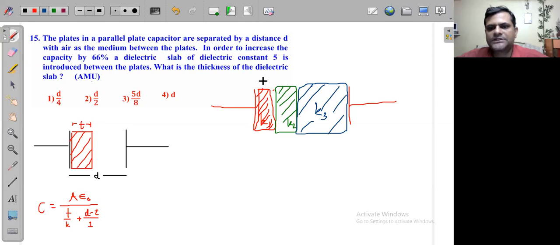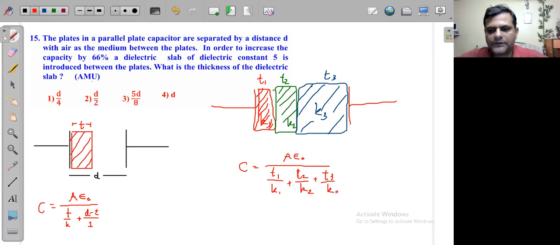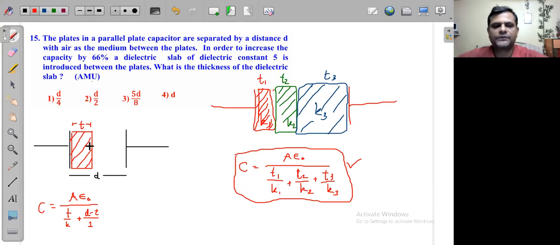और इनका थिकनेस भी हमको पता है, सपोज ये जो फर्स्ट वाला है इसका थिकनेस सपोज T3 है, इस सेकेंड वाले का थिकनेस मान लेते हैं T2 है, और फर्स्ट वाले का जो थिकनेस है वो मान लेते हैं T1 है, ठीक है। तो ऐसे केस में ऐसे कैपेसिटर का जो कैपेसिटेंस है वो इस तरह से निकाला जा सकता है, A into epsilon naught will be kept constant as it is, and here in the denominator we can have this T1 divided by K1 plus T2 must be divided by K2 and T3 must be divided by K3 simply, and we can just get this as a final value of capacitance रेडीमेड। तो ये एक सिंपल रेडीमेड फॉर्मूला है इस टाइप का सिचुएशन सॉल्व करने के लिए।